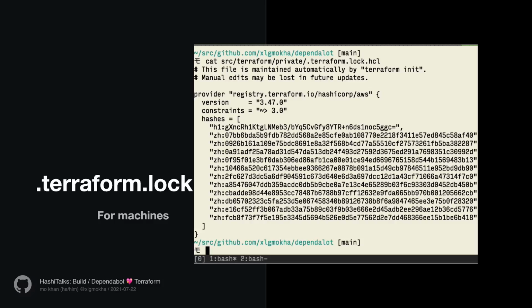In this case, that's done through the Terraform lock file. And we can see here that it provides us the fully qualified name of that provider, registry.terraform.io/hashicorp/aws. We can see the fixed version that was resolved to satisfy the constraint. So in this case, the fixed version is 3.47.0. And that was the version that was resolved at the time that we did the Terraform init for the first time, or terraform init -upgrade, because that was the newest version available at that time that could satisfy the constraint